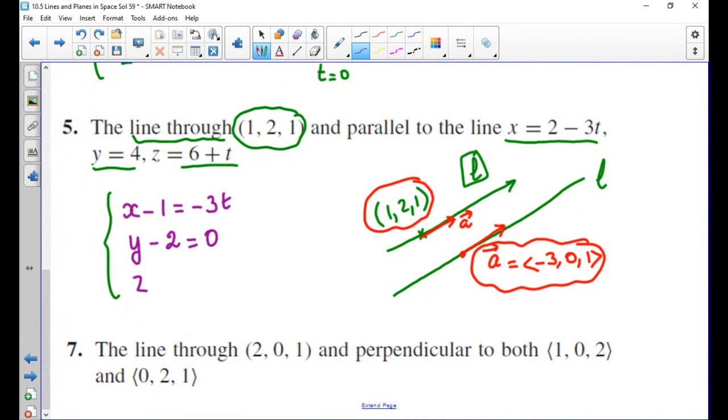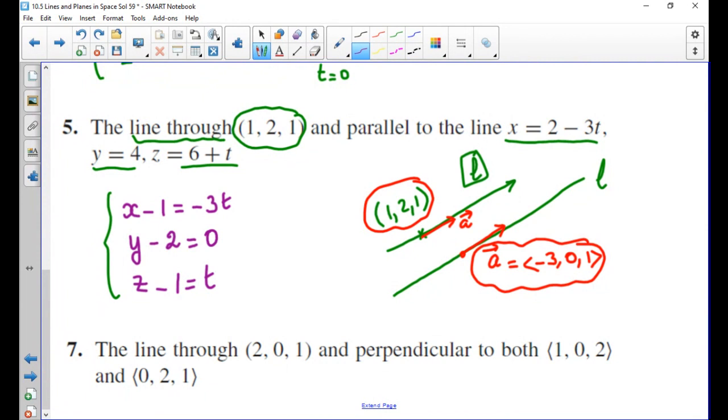And z minus 1 equal to 2t, like this, and that's it. So we have the equation of our line, from the point and from the fact that it's parallel to another line from which I can get the direction vector A, and that's it. Okay,